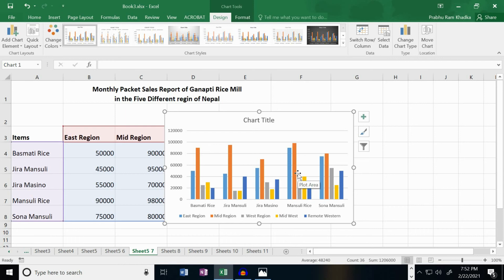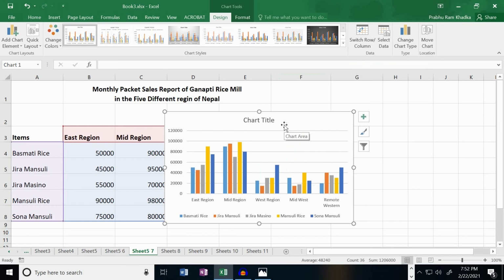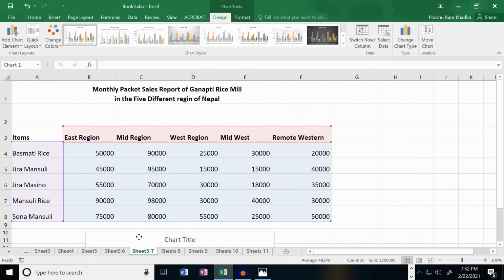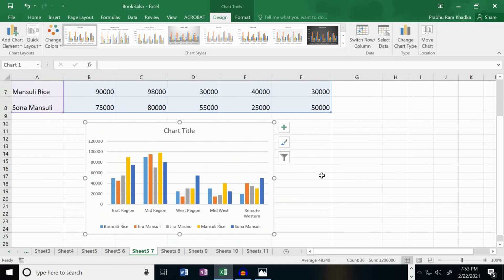Now switching the row and column. Select the chart. Now click the Switch Row/Column option from the Data group of the Design tab. Now look here, it is switched, row to column and column to row. Next, number G, move the created chart to a new location. Select the chart, click and hold the mouse button, move the chart to the desired location and release the mouse button. Now look here, our chart is moved over here.